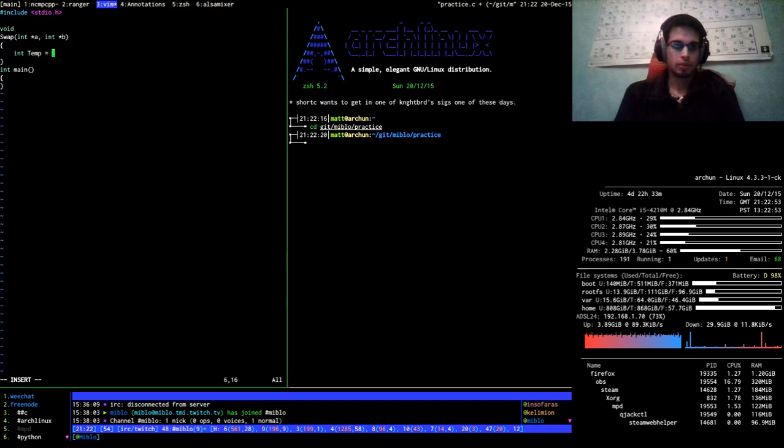Temp is equal to quantity A. Quantity A is equal to quantity B. And quantity B is equal to temp. And that's literally it. Let's just double check that.